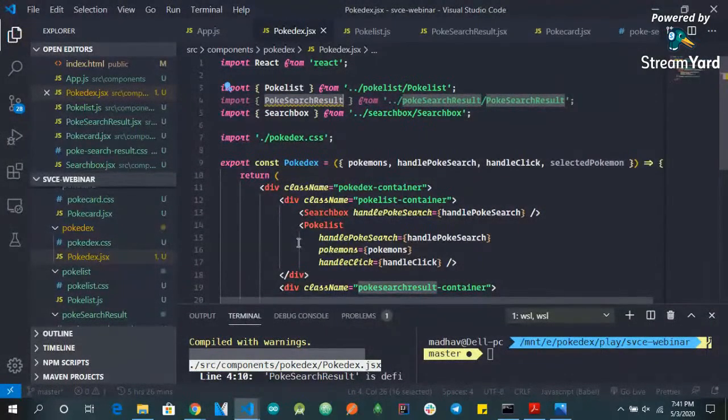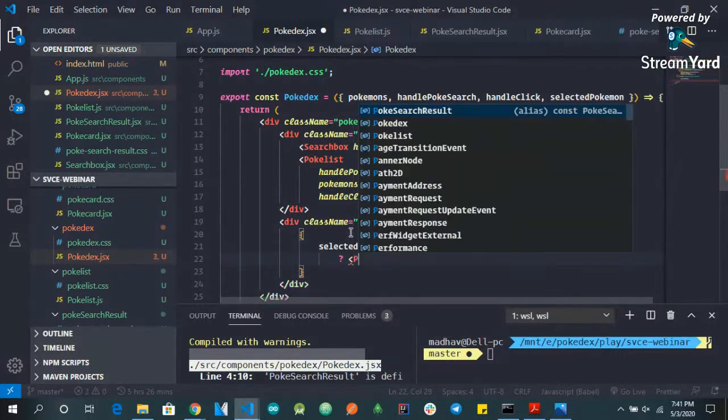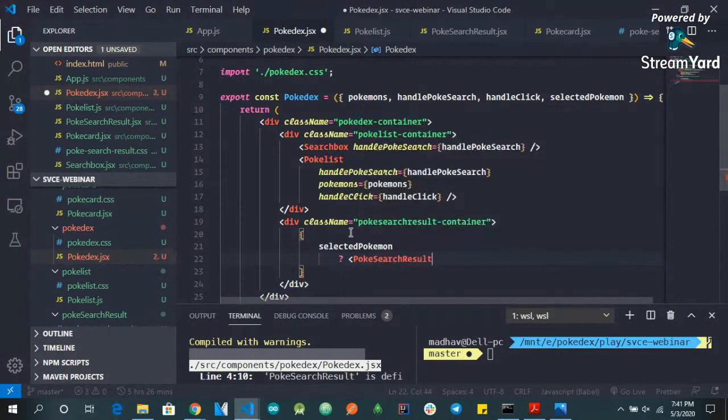So what we can do here is again use a ternary operator: selected Pokemon, and if selected Pokemon is not null, which will make it true, then we can make it Poke search result, and then we can just use the